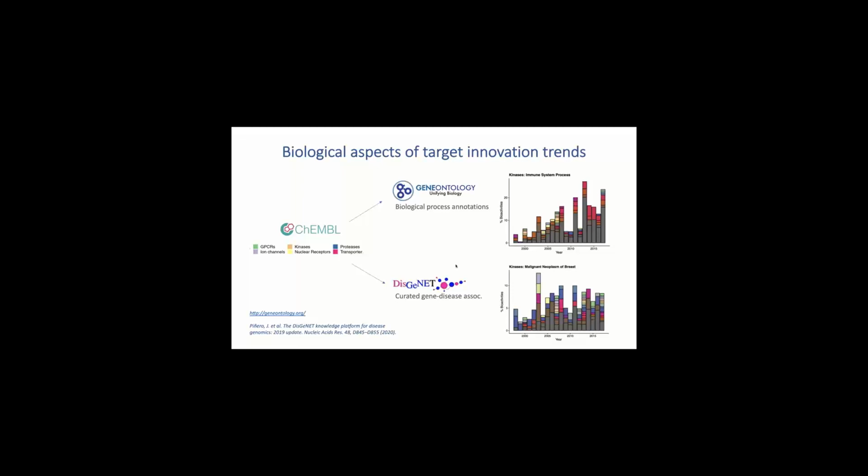But I really have to emphasize here, we don't know if there is causality. What we are doing is looking at interest in targets over the years as it is captured by ChEMBL. But we don't know if these papers have really been published because people were interested in this exact disease. But it still shows something, because we know there is an association of this disease with this target or target family. Okay.